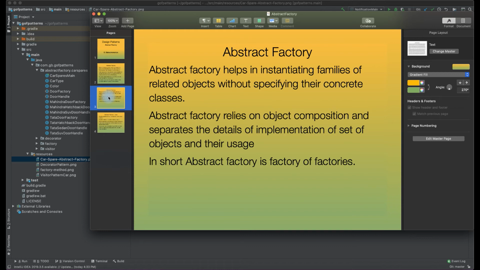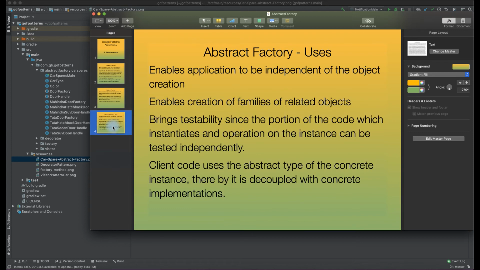That is why I initially requested you to have a fair understanding of what a factory method is, and it would help us move forward faster. But let me explain abstract factory in detail as well.